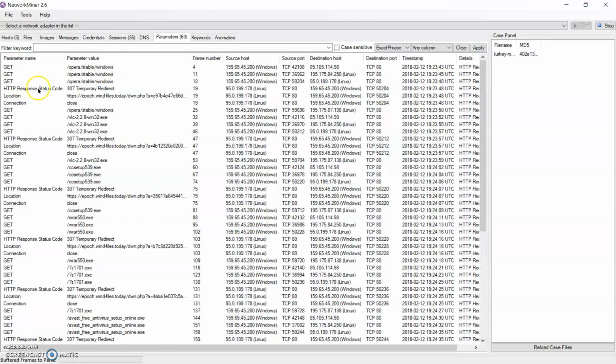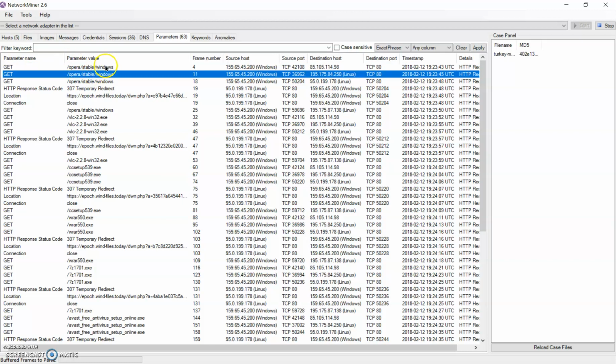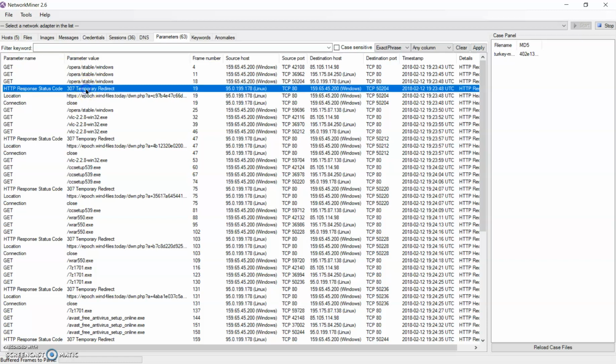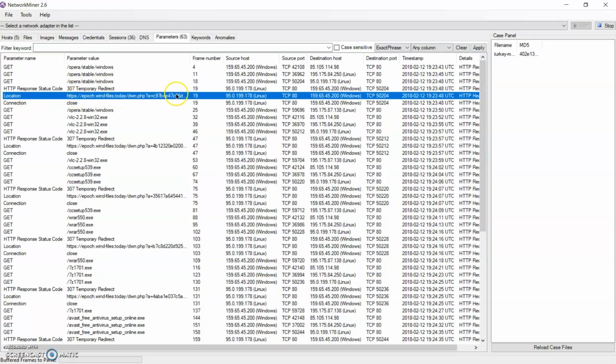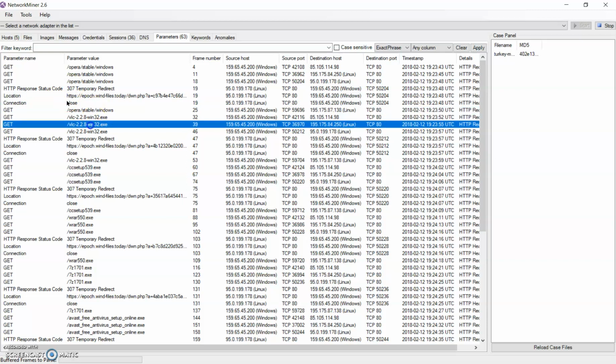Here, when we see the GET request, the user has typed for a stable version of Windows for downloading, but was temporarily redirected to some different location, and this continued many times.